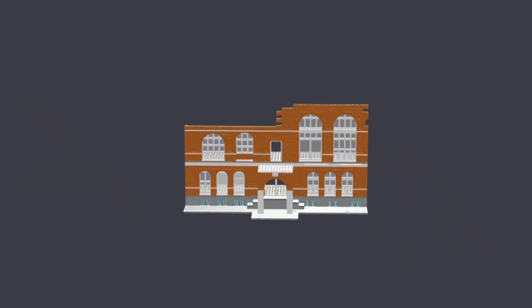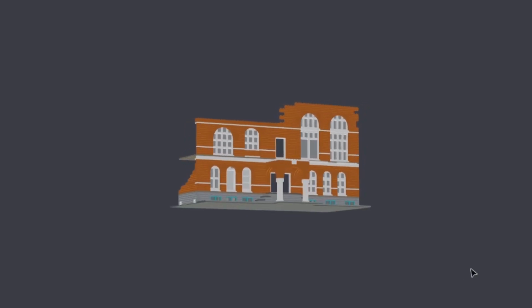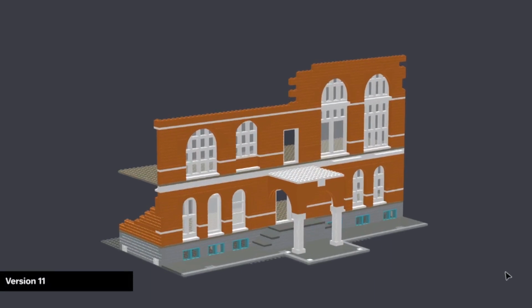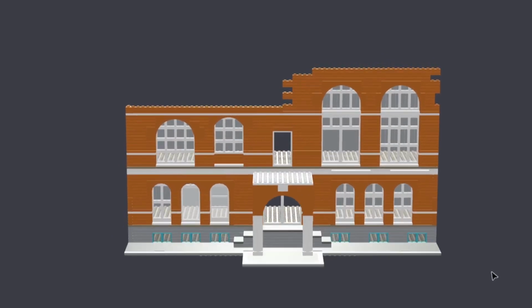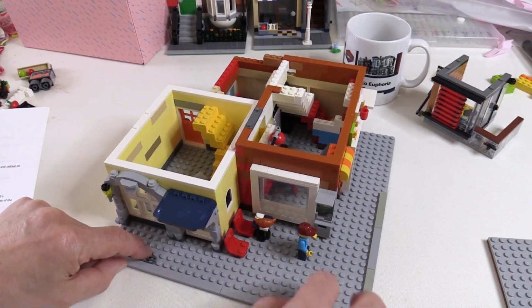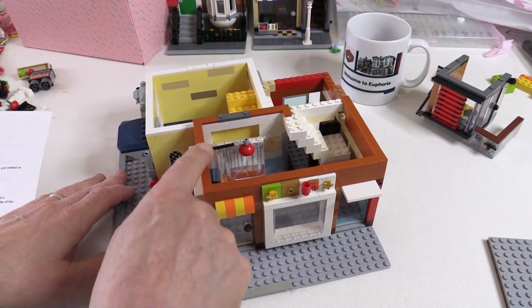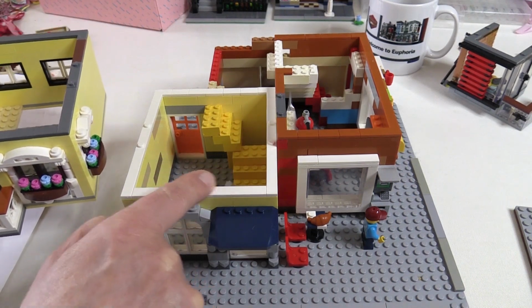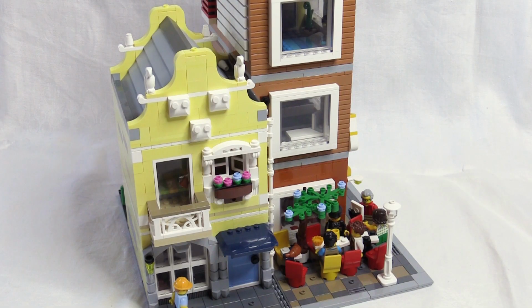Already with this design we have a height of 10 bricks, although that's easily adjusted depending on how I lay out the windows. Then the first floor would be a similar height or slightly less, so usually about 8 bricks high. And at the top of each level will be a separation layer using tiles. I now have an established way of doing this, which is similar to the Lego modular buildings, and it's worked reliably in my other